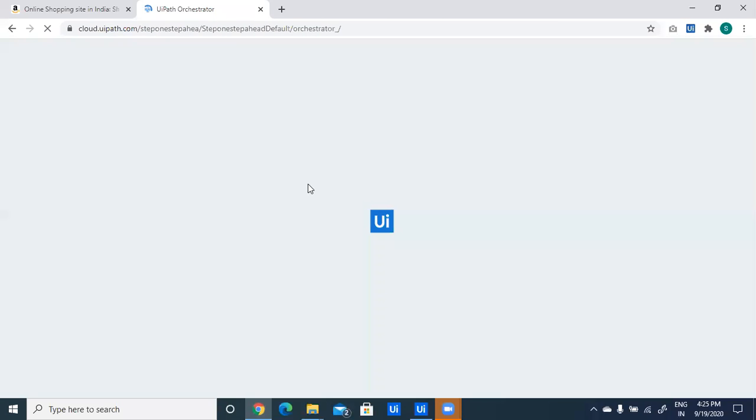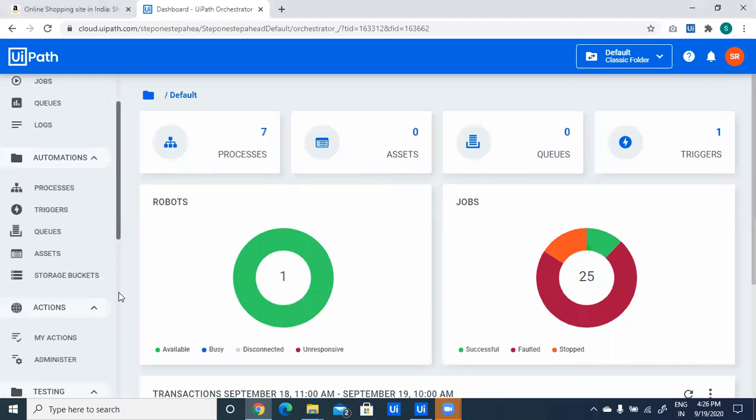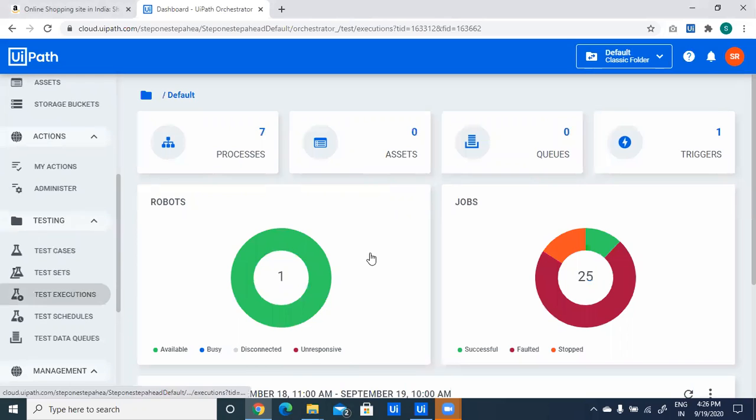Go to the Orchestrator dashboard. Under test execution, we can view our test cases result.